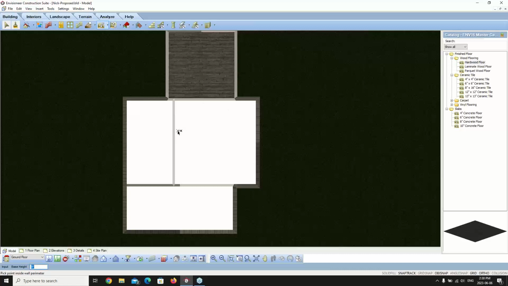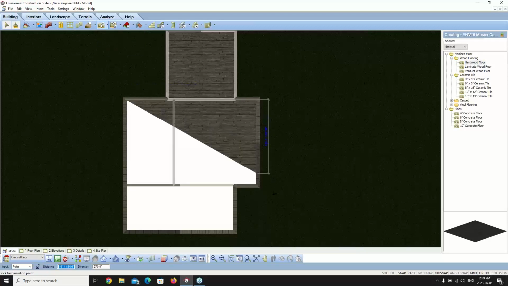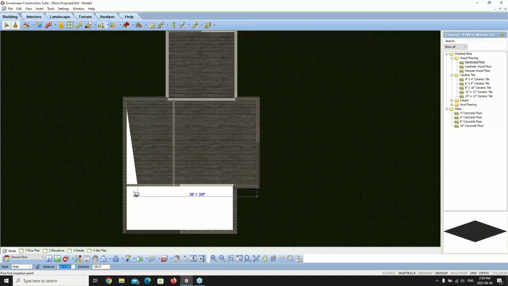Now, I wouldn't do floor by room here. I would do floor by picking points because I want to show the floor underneath this wall. So I would just do floor by picking points, and then I'm just going to pick my points here like so, and I'm going to place that new floor in. So now I'm seeing a new floor here and a new floor here, and then this I can leave without a floor, or if I want to show the floor in here for whatever reason, maybe I'm walking through there